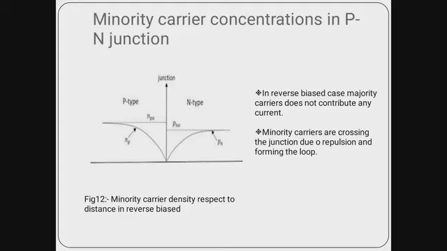In case of p-type bead, the minorities are electrons. Similarly, in case of n-type beads, the minorities are holes. In case of p-type semiconductor bead, the electrons, and in case of n-type beads, the holes, they are repelled by the battery potential because p-type is connected to positive and n-type is connected to negative. So they are crossing the junction and they are forming loops from negative to positive and positive to negative terminal.